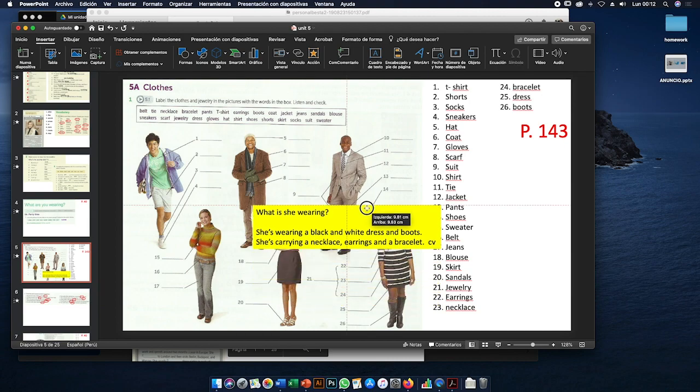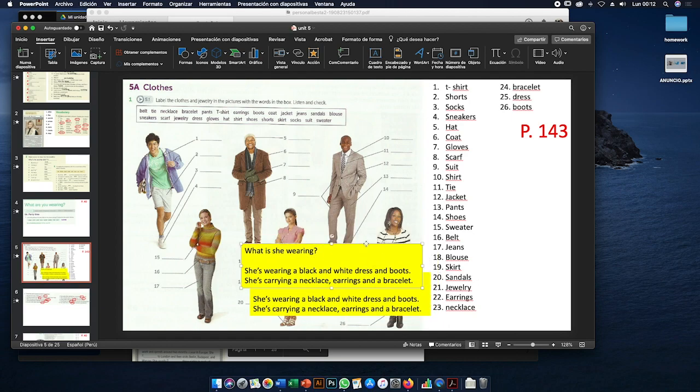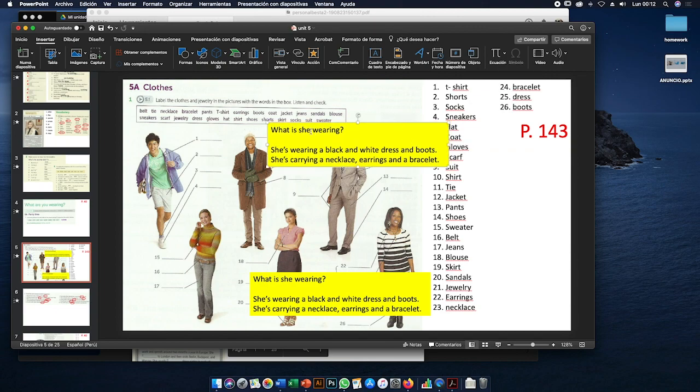I want you to look at the difference here, okay? For example, here we are going to talk about the man. And here you say, what is he wearing? He's wearing, for example, a brown coat, a hat, a scarf. What else? We don't have anything else that is singular, so you can say